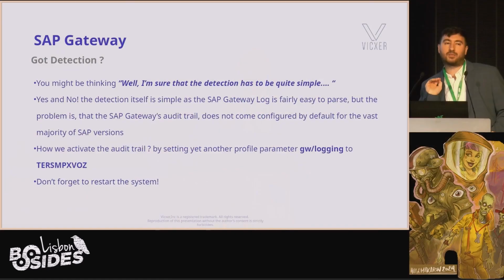You might be thinking, well, Jordan, from the blue teamer point of view, the command execution was really straightforward. So it should be really simple to detect these kind of things. Well, yes and no. Unfortunately, especially on the ABAP stack, most of the audit trails, most of the security audit trails do not come enabled. So you need to go one by one. Remember all those services that I was telling you before? You need to go one by one to each one of those services and activate the audit trail.